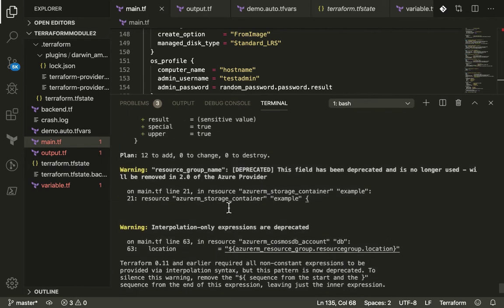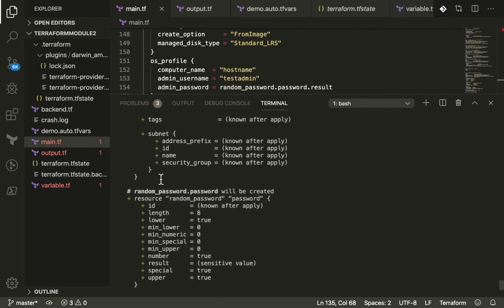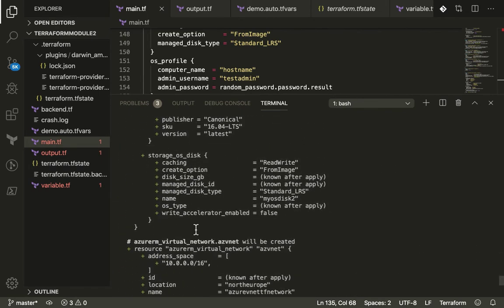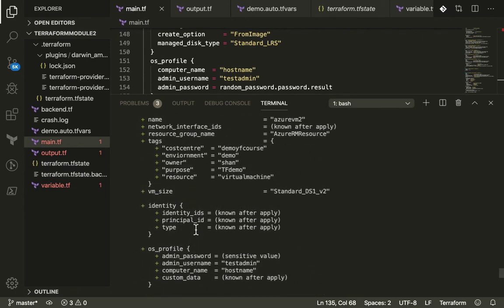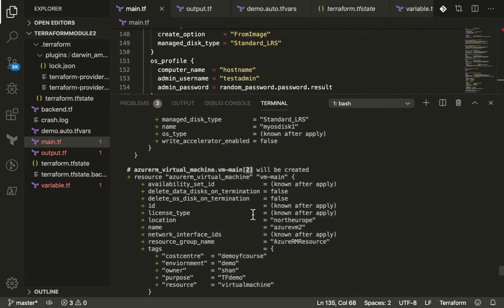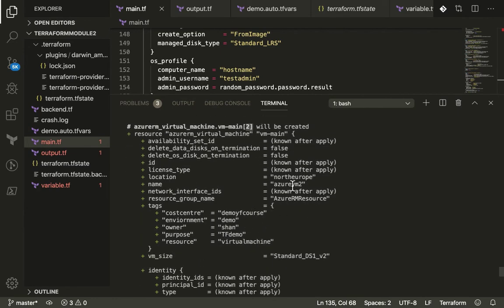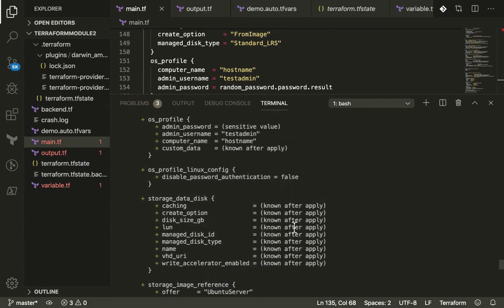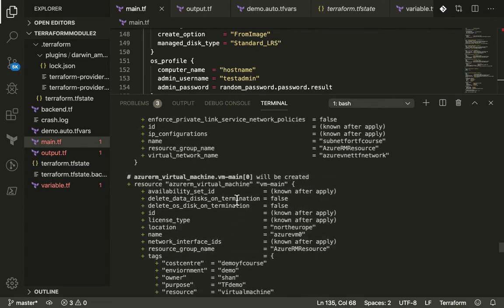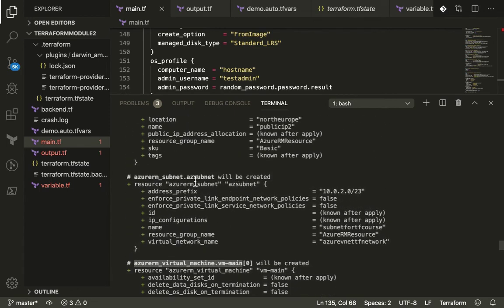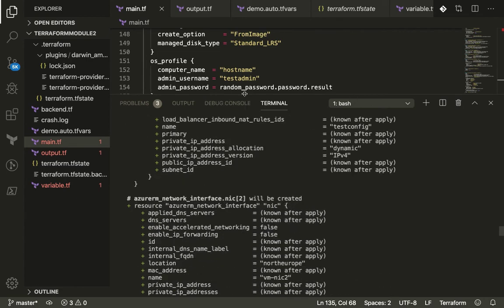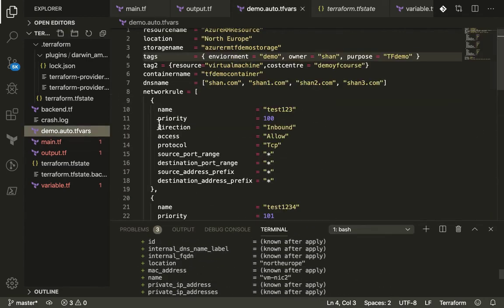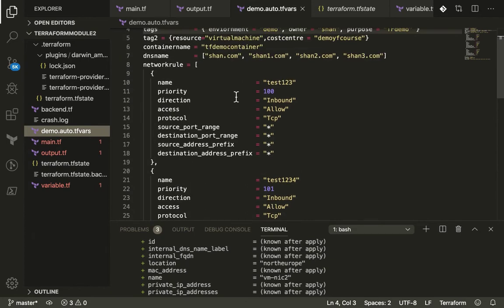Alright, so it's gonna create 12 resources, and those resources are gonna be the virtual network, then the 3 virtual machines. The name is Azure VM2, that's the first one, and then it starts with the 0 right over here. And then we've got the subnet, public IP address 210, that's pretty much all. One thing I think we need to do over here is we created certain rules, and